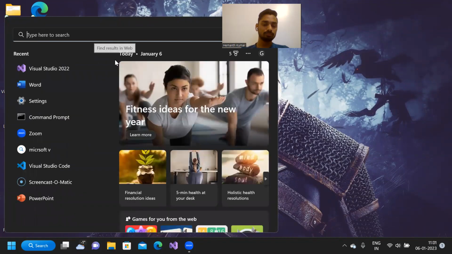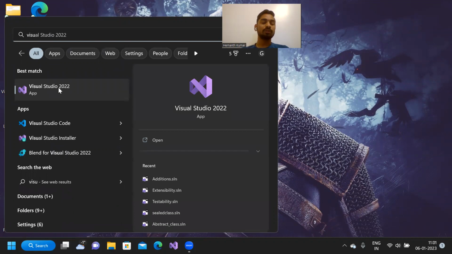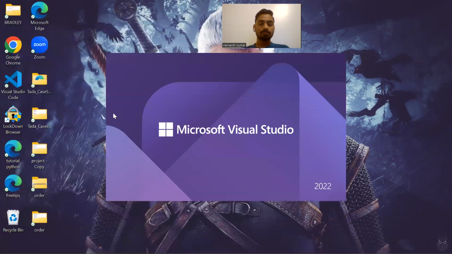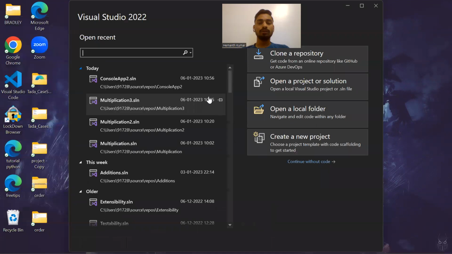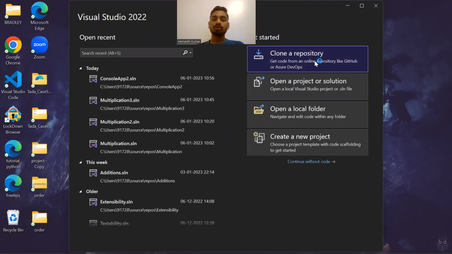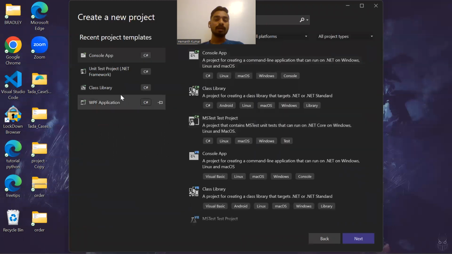I didn't find one. This is Visual Studio 2022, the older one I'm using. Okay, open that, and here we have four options: clone a repository, open a project or solution, open a local folder, or create a new project. To create a new project, simply click on this, and if you want to open your old one, open this folder here, and I'll create a new project. Click on create a new project, and you need to